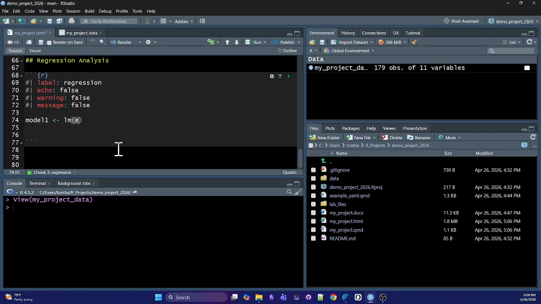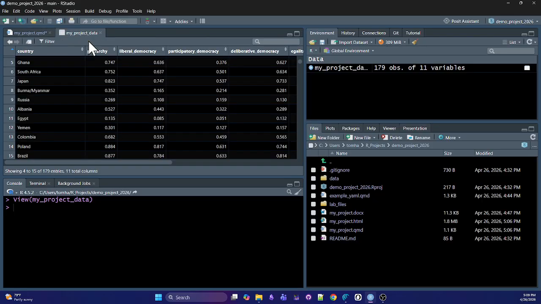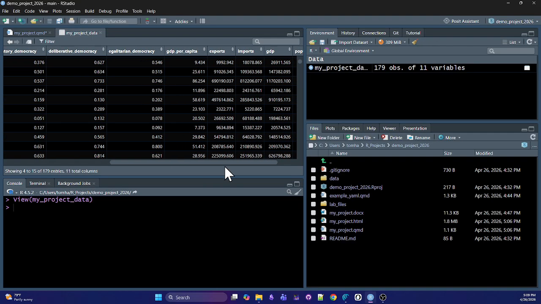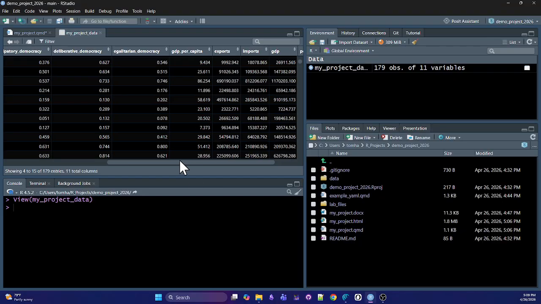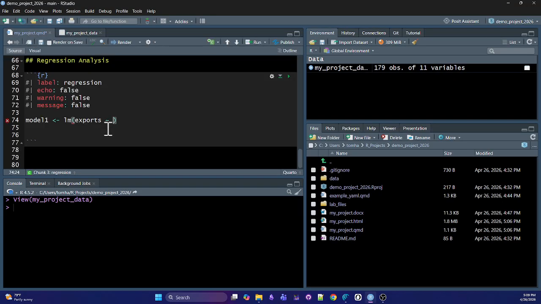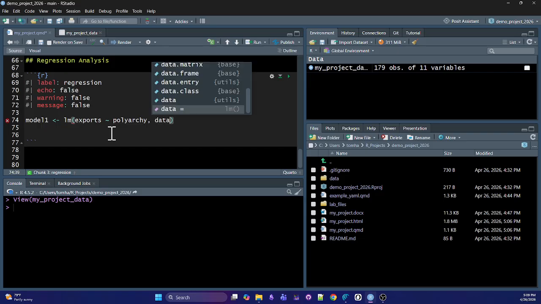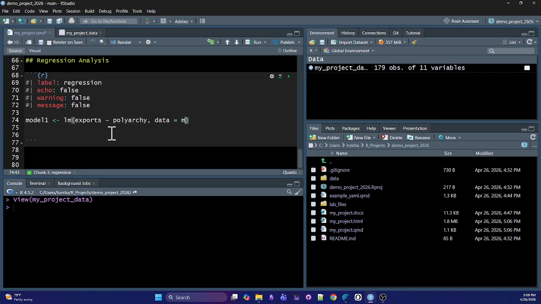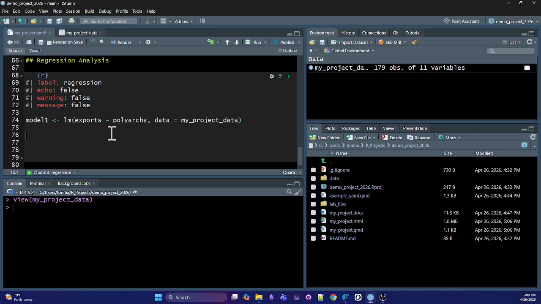Okay, so I'm going to make exports my y variable, my outcome variable. So exports is my y variable. Polyarchy is going to be my x variable. And then I'm going to go data equals my project data. I'm going to want to produce two things from this. I'm going to want to produce a table,